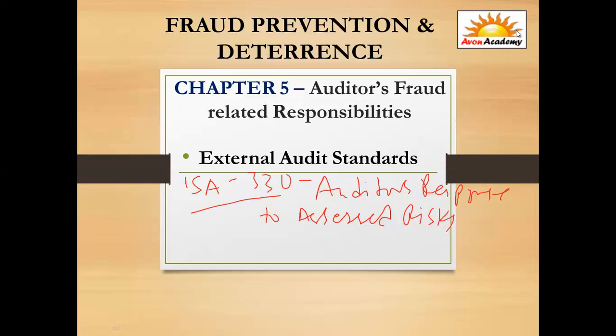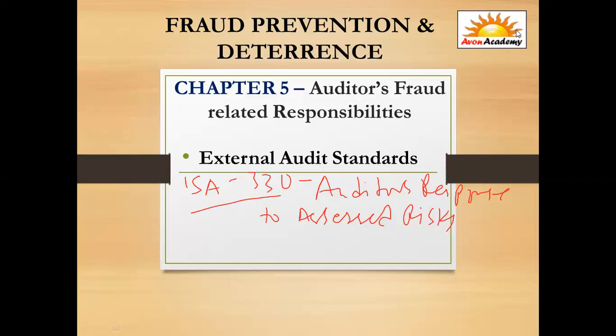Then if the auditor is unable to continue the engagement, they need to discuss at appropriate levels, and discuss any professional or legal requirement to report. Management representations cover their responsibilities for prevention and detection of fraud and disclosure of any fraud. There is communication to management and those charged with governance on a timely basis so that they can identify any fraud. There is also communication to regulatory and enforcement authorities where there is a legal responsibility on the auditor, while ensuring confidentiality.